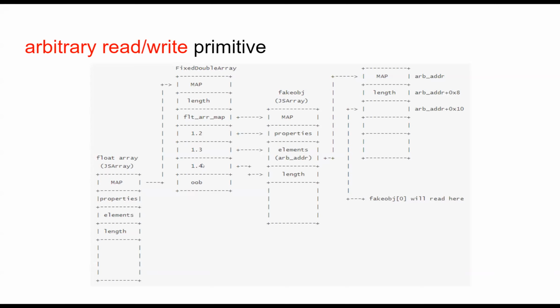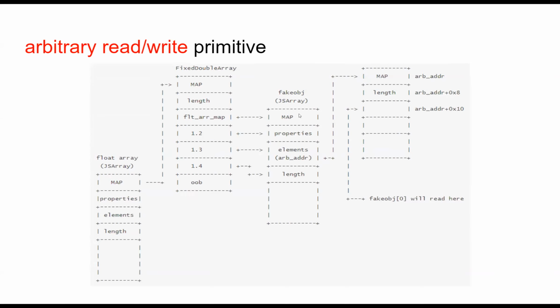And this 1.4, I can just change it to an integer number because it needs to be the length. So now this fake object will have the floating array map, which is the first element of the original float array, and the third element as its elements pointer. So now this object